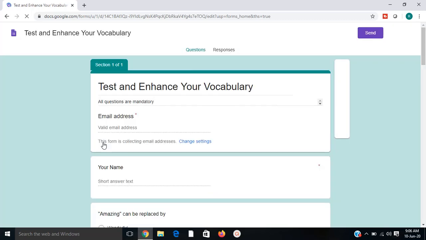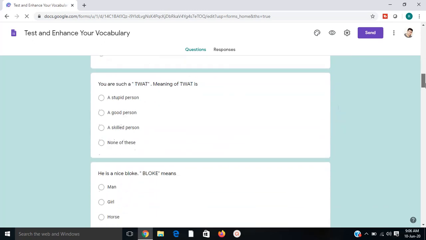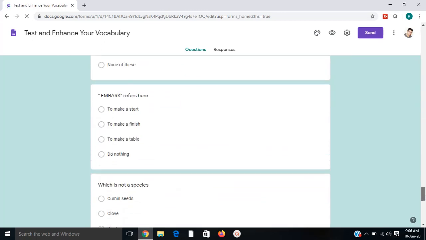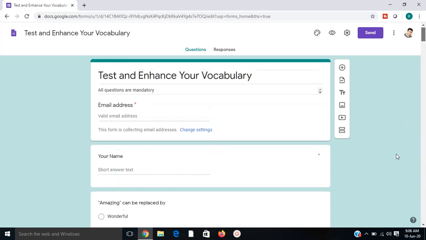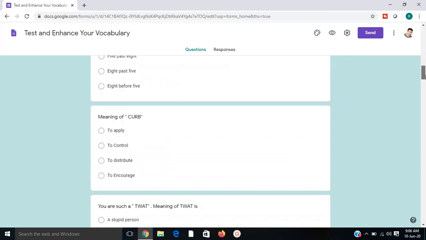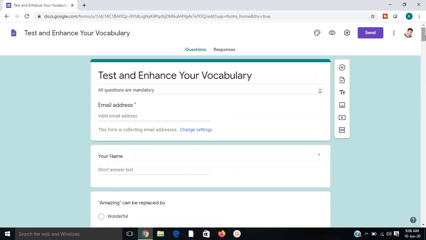Now I am going to tell you the very easiest way to implement date limit and time limit in Google Form. Suppose I have opened a Google Form here. You can see this is the Google Form. I have not implemented any date and time limit on this, which means that even after 5 days you can open this form and submit it by answering the questions. But if I want that after a certain time and date nobody can submit this form, then you have to implement a date and time limit.